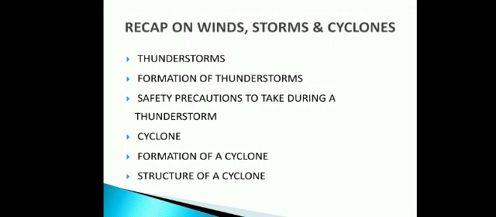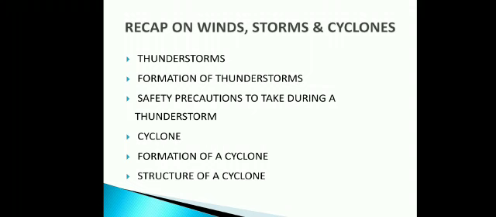See, a cyclone is usually high-speed winds revolving around an area of very low pressure. Usually it develops over tropical seas. Approximately, it has a wind speed of 150 to 250 km per hour. Usually it is accompanied by strong winds and heavy rains. The formation of a cyclone depends upon some factors, that is, the temperature and humidity of the place, and the wind speed and the direction of the winds.